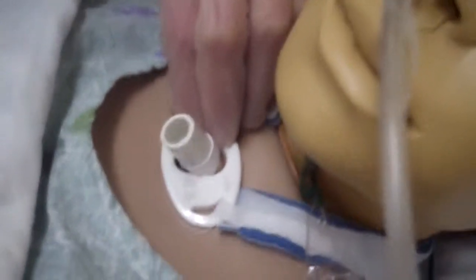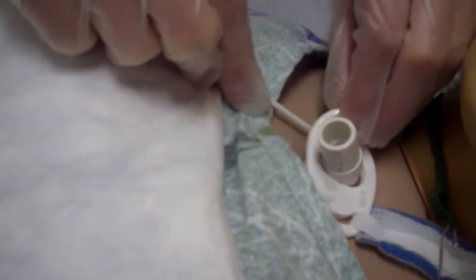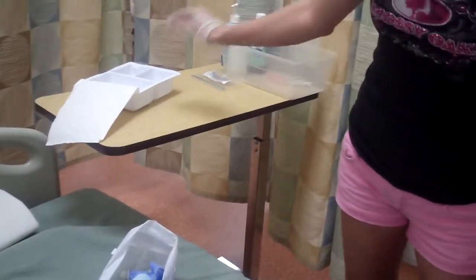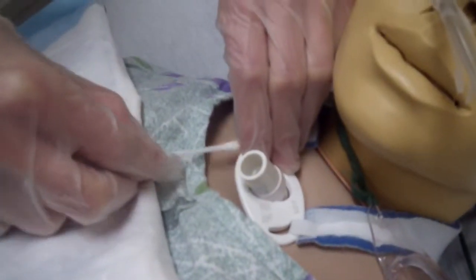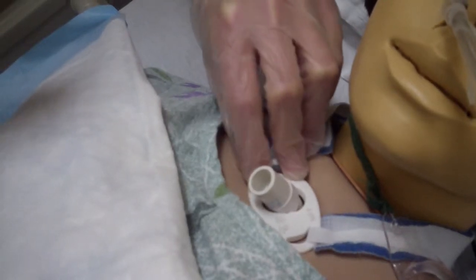I would discard of the last one, pick up a new Q-tip, put it in saline, come over, lift the faceplate and clean the skin, rolling from the stoma outward. Each time throwing it away, grabbing a clean Q-tip, dipping it in saline, and repeating it as many times as necessary for the skin to be clean. I'd throw that away, grab a new one, dip it in saline, and then also clean the underneath of the faceplate, rolling from the stoma outward as many times as necessary as well. So then I would discard of that once everything was clean,